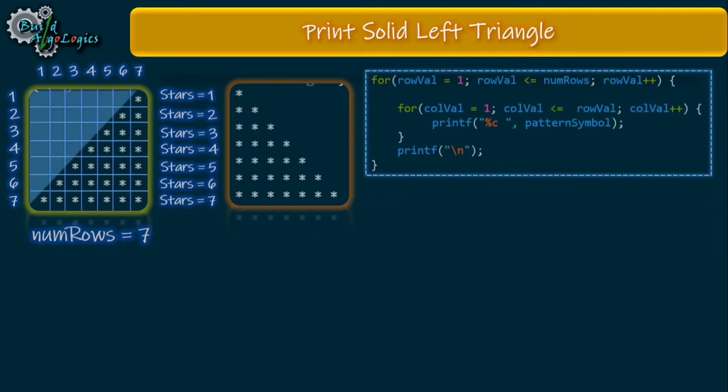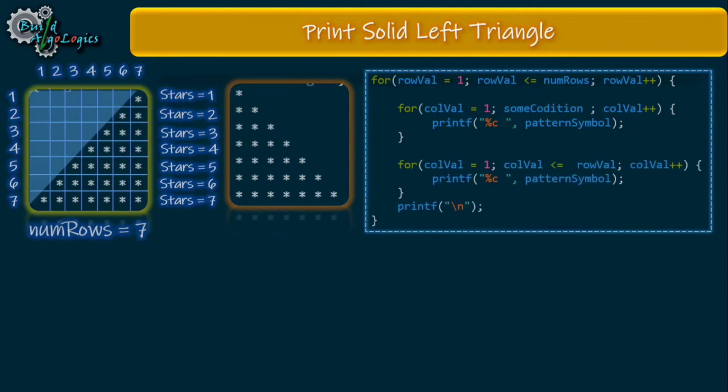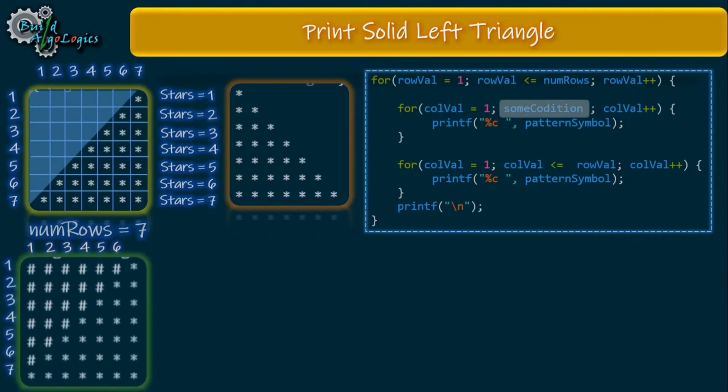We just need to find some way to print these white spaces in front of our previous pattern. So for this purpose we can use another for loop here to print these white spaces. Now to understand this problem in a better way, instead of printing these white spaces here, I'll print some symbols here. See this output. Here we are using hash symbol instead of white spaces. Now we can solve this problem very easily.